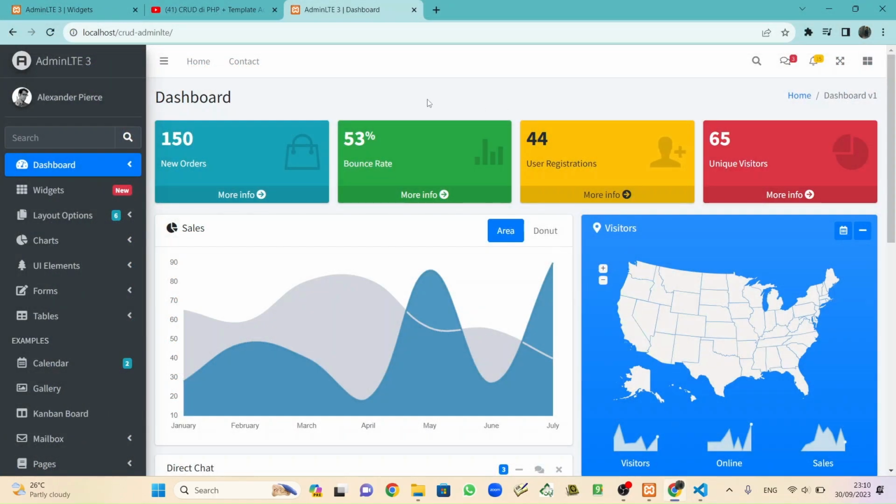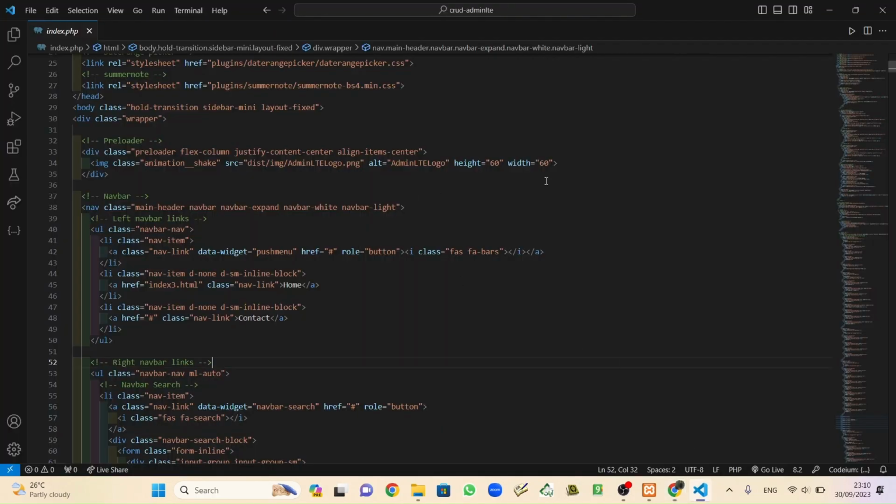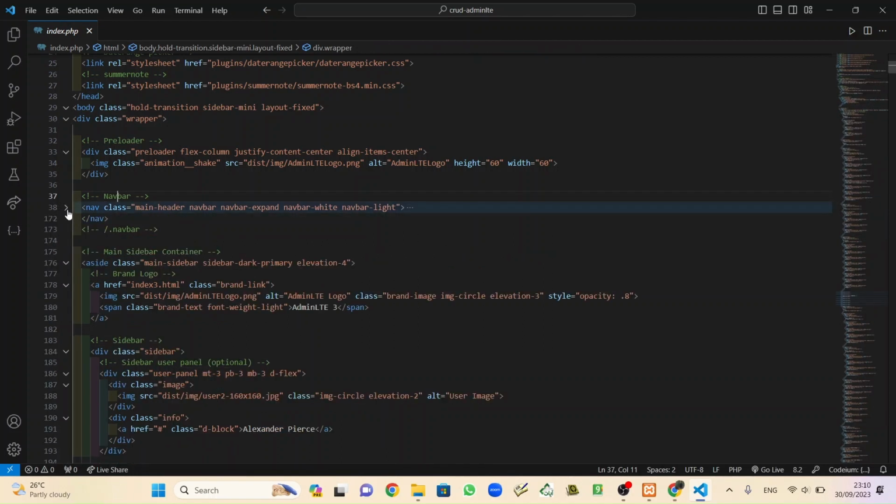The first one we need to remove is the navbar. Okay, this is the navbar. So back to the VS Code. We need to minimize this and erase the navbar.